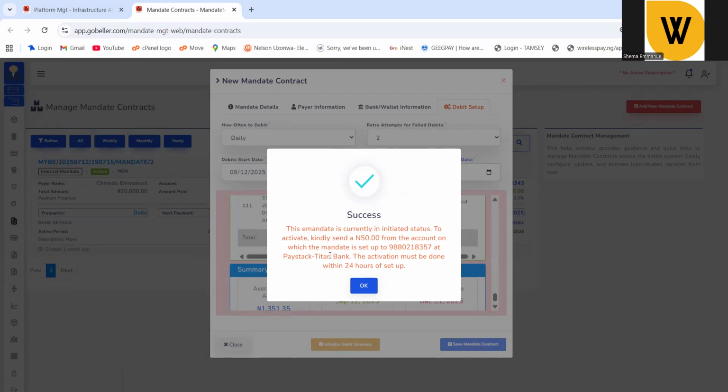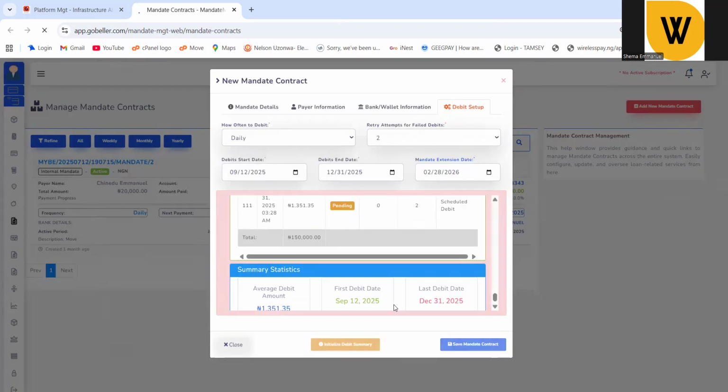However, if you have specified that this settlement should go to the organization, that simply means you have to notify the customers and share the account information on your screen. The customer is expected to make a payment of 15 naira to the name Switch Accounts, right? So on the switch account, as the payment of 15 naira is being initiated, all you need to do is click on OK,